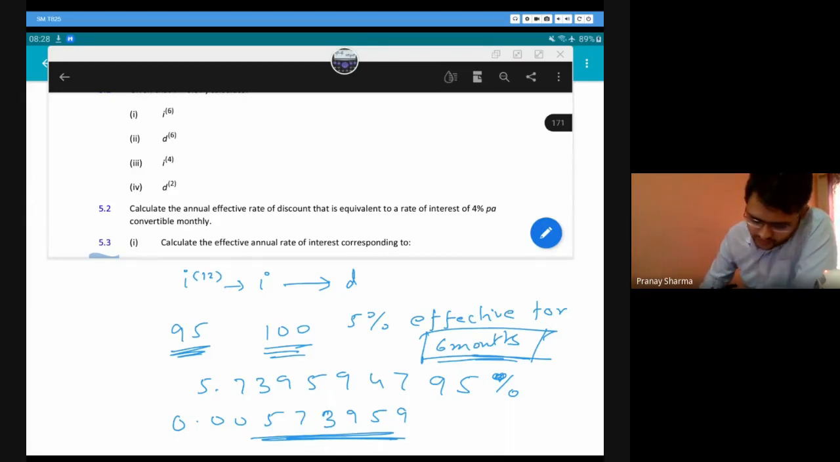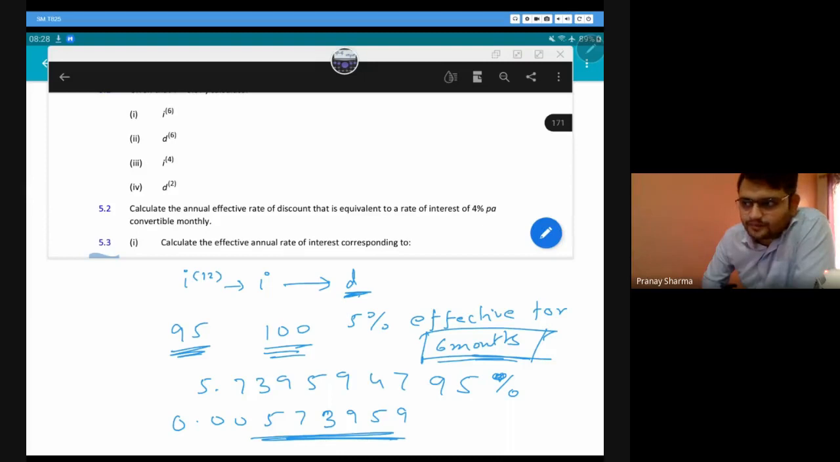Now in 5.2, if you see, they have said equivalent rate. They have not said it is effective rate. Okay, we have effective rate of discount, annual effective rate of discount, that is D. And here they have asked us the rate of interest. Now this is nominal because see here we have 4% per annum convertible monthly. So they have represented it on a per annum basis. So whenever the value is represented in per annum,